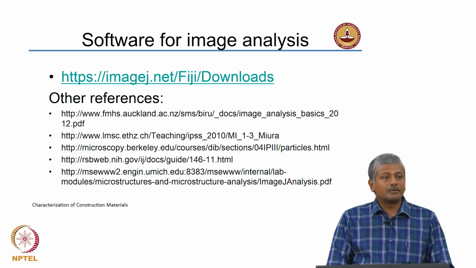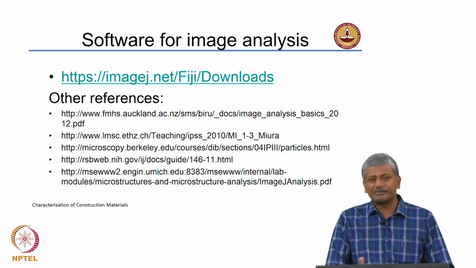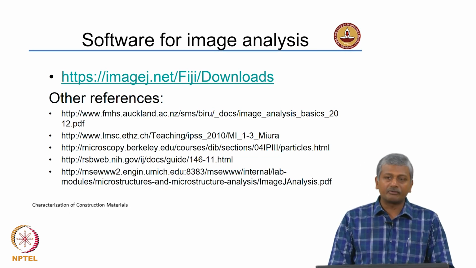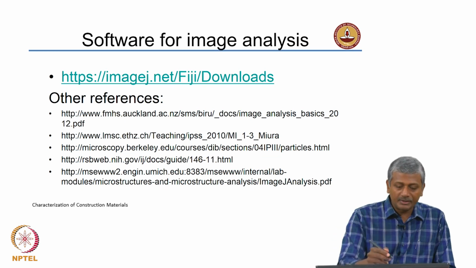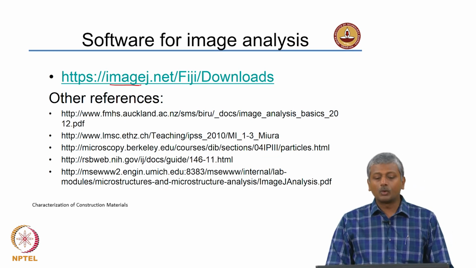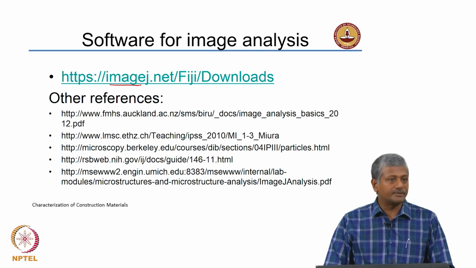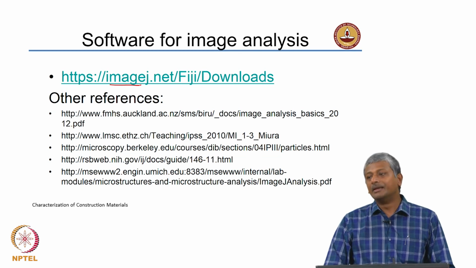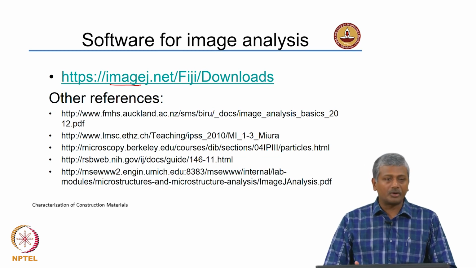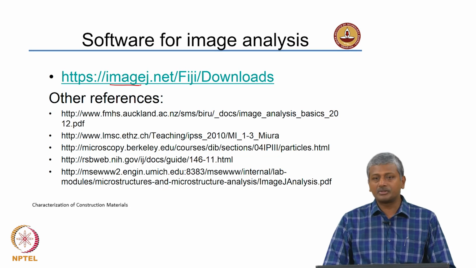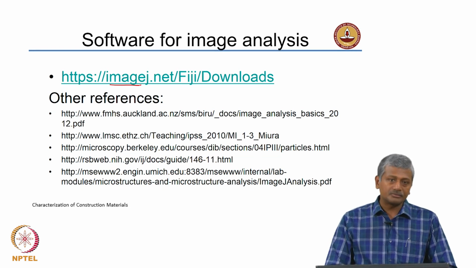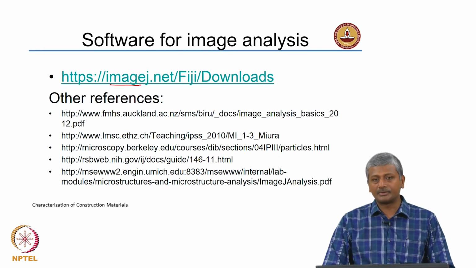So, the software for image analysis is available freely. There are several software available freely. There is one software which is quite popular with our students. It is called ImageJ, and you can download it from this website. I suggest that all of you today itself download this software onto your computers and try to play around with images that you already have. It need not be research images, you can play around with images taken on your own cameras, for instance. Okay.